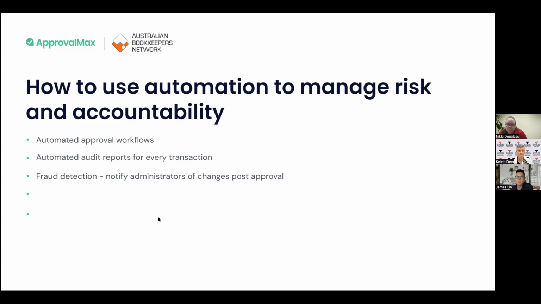It'll also notify you if there are any duplicates awaiting approval. And also if any bills skip the approval process and go straight from awaiting approval into awaiting payment, you get notified of that as well. So really helping businesses get some peace of mind back, that there's a system in place keeping track of everything. And if the bookkeeper's looking to do the AP service, these controls are super valuable to protect the bookkeeper and the firm as well.